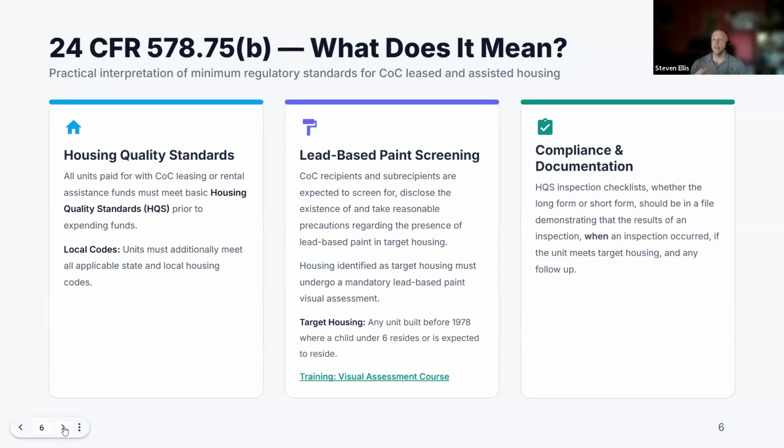So it's no longer about senior elderly housing. It's no longer about whether it's a 0 bedroom. Any unit built before 1978 where a child under the age of 6 resides or is expected to reside must have a lead-based paint visual assessment before assistance begins and at least annually.